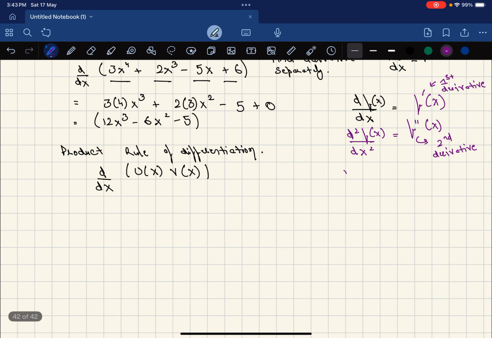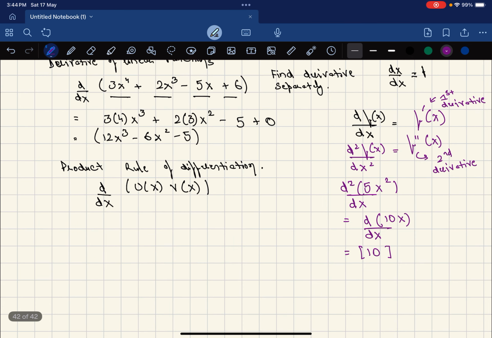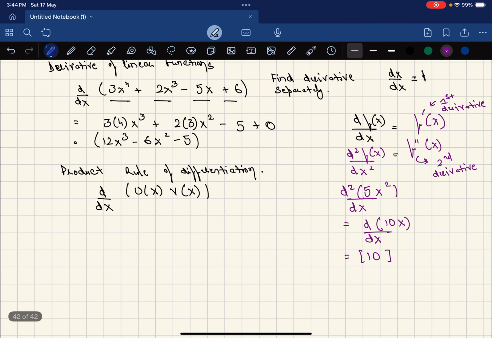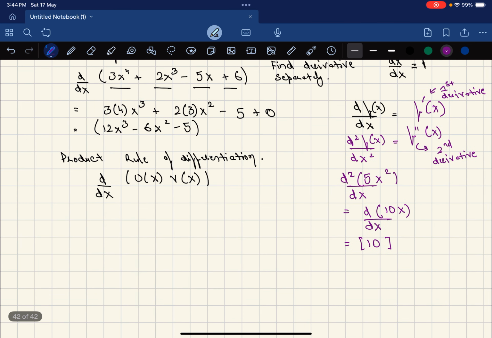So for example, if we have to find the second derivative of 5x square, what we do is we first differentiate it once. So 5 into 2, 10 and x, and we simply differentiate it again, which is equal to 10 here. So this will be the second derivative of 5x square, and this is represented by f double dash x. Now the product rule states if we have a product of two functions both in x, the derivative is